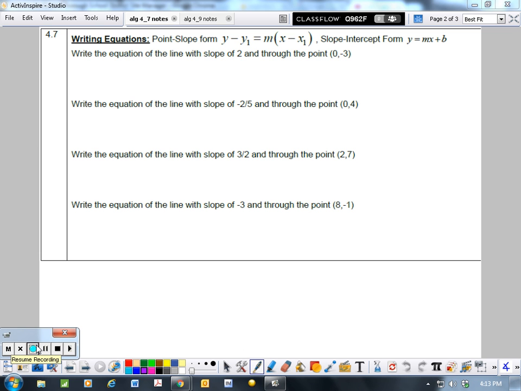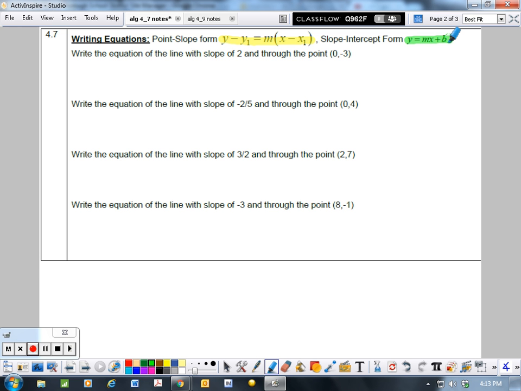Okay, so now we're back and we're going to continue writing equations. We're going to start with everything in point slope form, so that y minus y1 equals m times x minus x1. And what we're going to do now is rewrite it so it looks like y equals mx plus b. Just because most people are familiar with the y equals mx plus b form of graphing, so it's always good to have it in that form or be able to turn it into that form